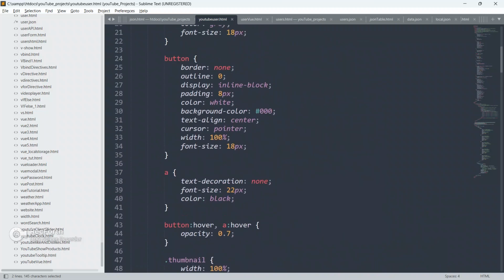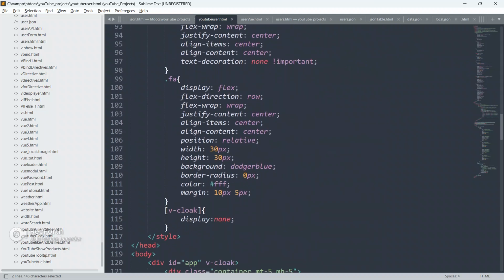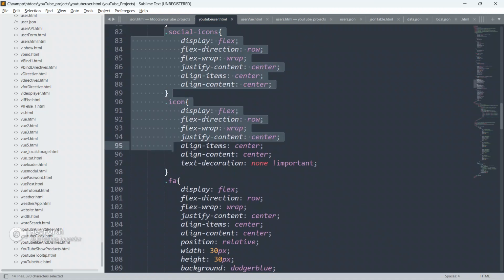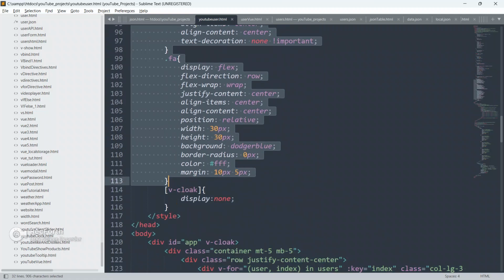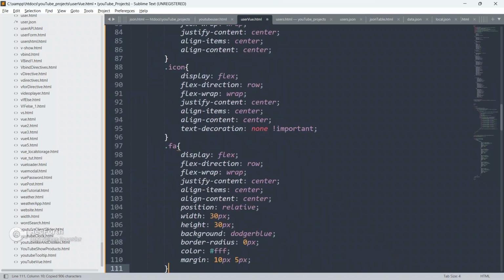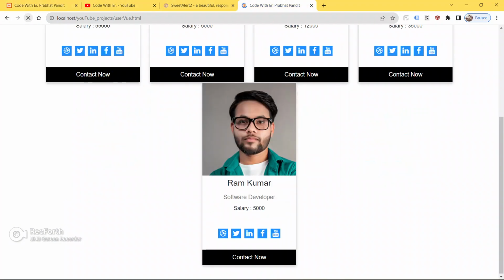So let me just go here guys, and let me just copy this, and can I replace this? Because I am doing the same thing.